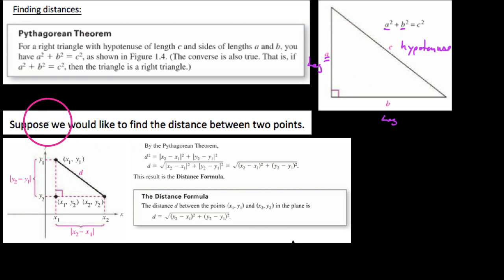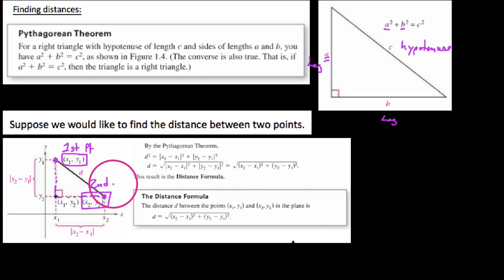So let's suppose we would like to find the distance between 2 points. In this image you can see that we have a point x1, y1 that occurs to the left of some point, and we're calling this point x2, y2. The important thing to note is that if we're going to find the distance between these two, and we can always connect these, we can always create a right triangle out of this situation. The neat thing about it is essentially this. Since we know the coordinates of both the first point,